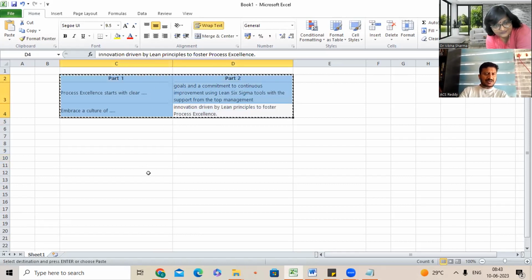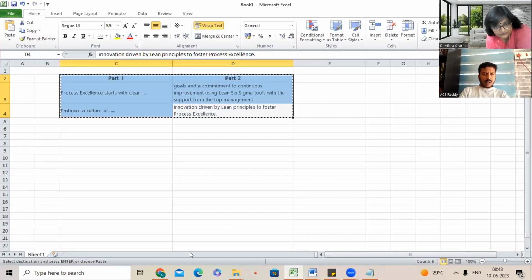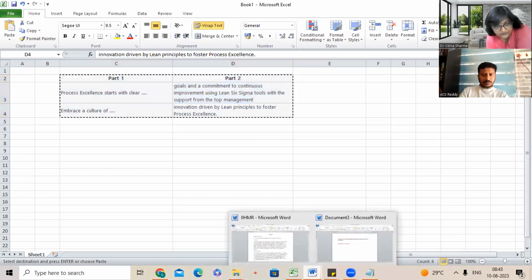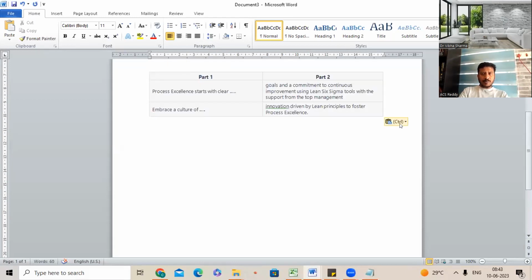I can't paste it like this, right? You will have to first copy and paste it in a Word format, and from Word you have to pick it up and give it here. Paste as text.